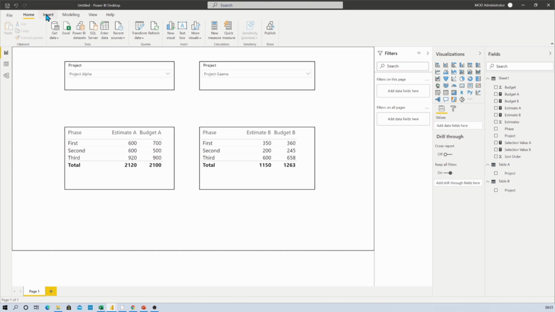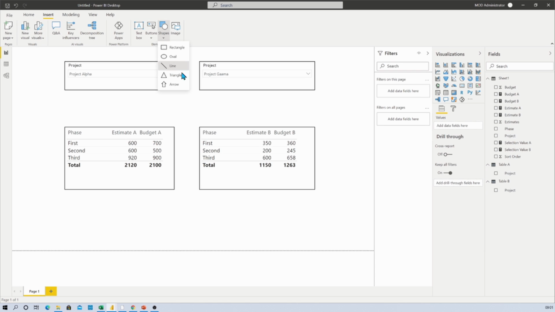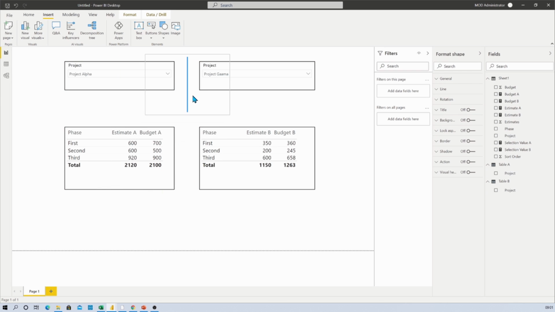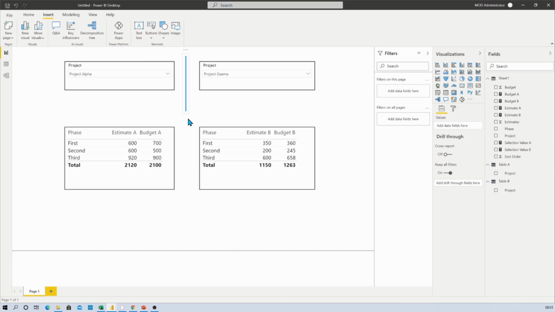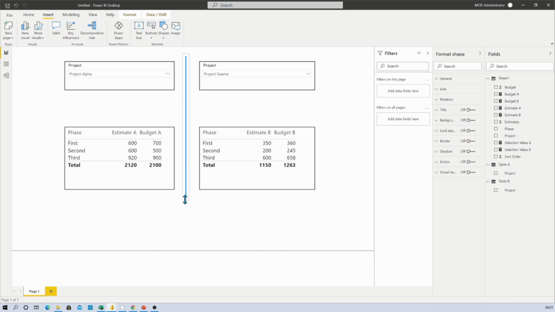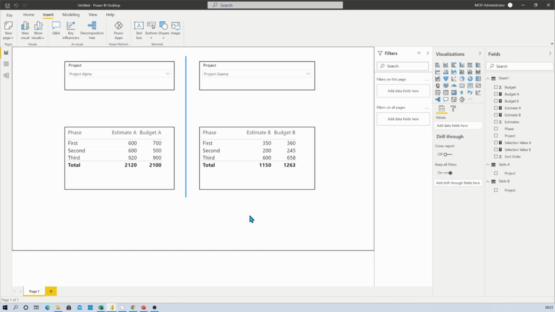Now for comparison, let's add one last shape. So go to Insert and from here select Shapes and select line from here. So this will look like this. Let's add a line and here we are.